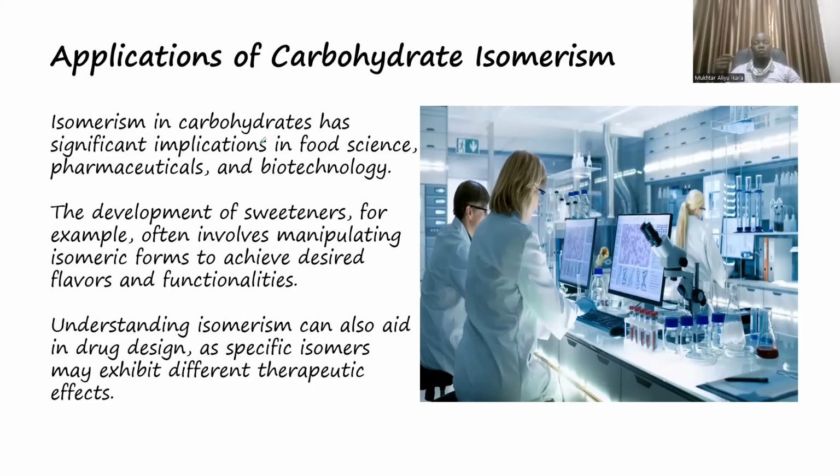What specific types of isomers are important in drug development and drug prescription? What carbohydrates are required by some microorganisms to generate biotechnology products? In addition, the development of sweeteners often involves manipulating isomeric forms to achieve desired flavors